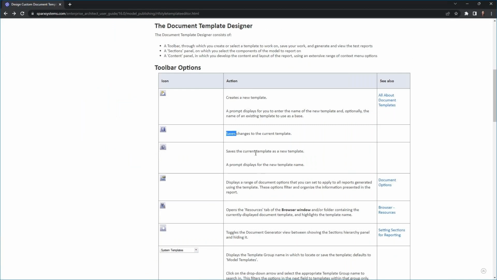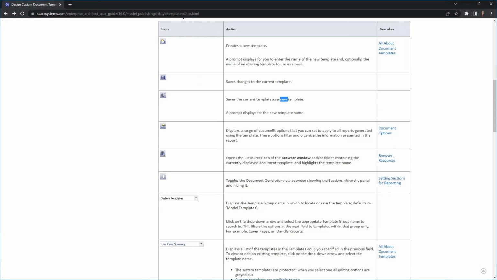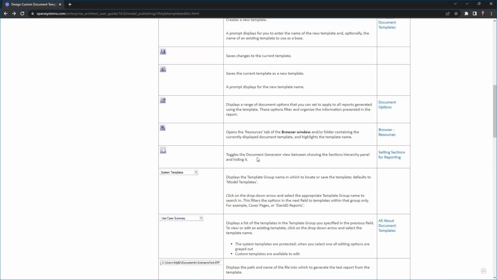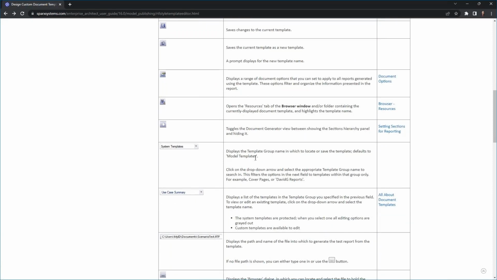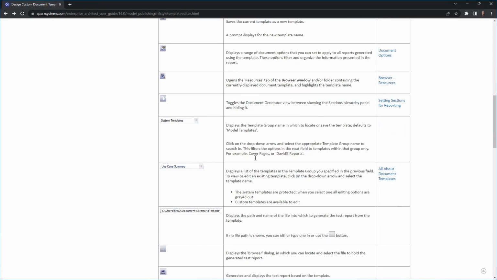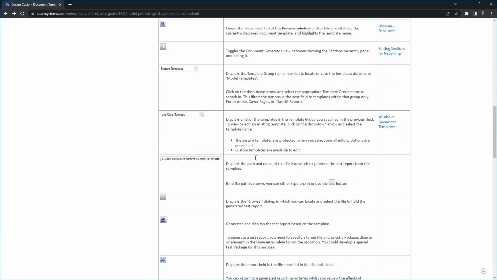So you can create new templates, you can save the current template, you can copy an existing template and make changes, you can modify document options, and you can specify where the files get outputted to, and a number of different options. And these templates can then be shared with other members of your team.